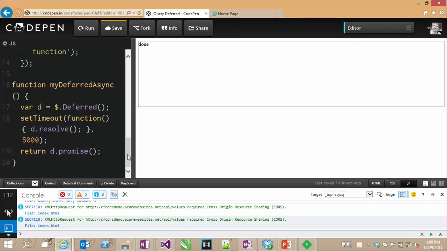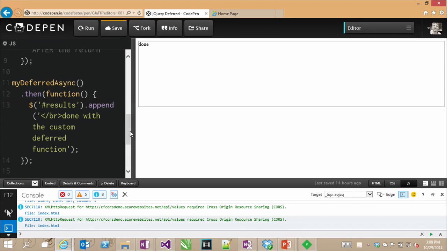That deferred object contains in itself a promise. If you just return that to whoever's calling your function, it comes back immediately, and they're like, great, I've got a promise, I'm good to go. I can dot then off of this now, and I can make sure that this happens at the right time. So let's look at how we consume that, and then we'll be all done with this module. So I'm calling myDeferred async, and then I'm going to append to the results, hey, I'm done with the custom deferred function. So if I run this, actually,